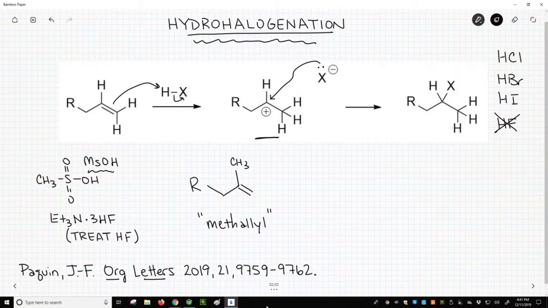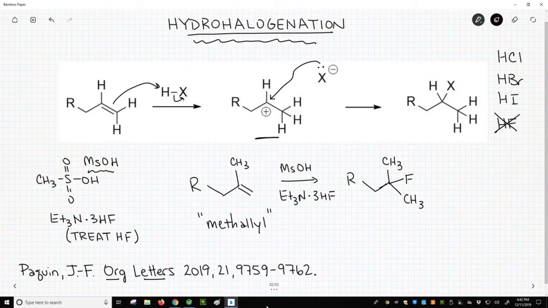With few exceptions, the reaction of these alkenes with methanesulfonic acid and triethylamine trihydrogenfluoride gives the Markovnikov addition product following addition of HF. The yields for these reactions range between about 50 and 75%, which is quite good for